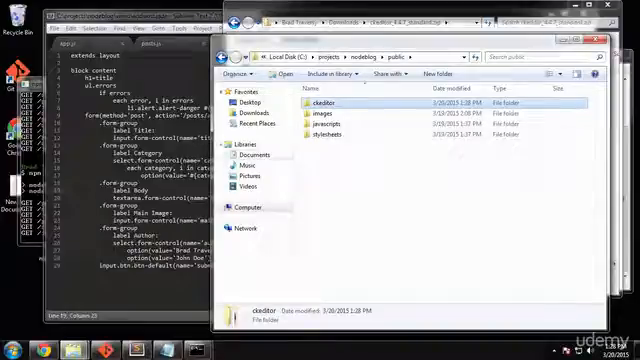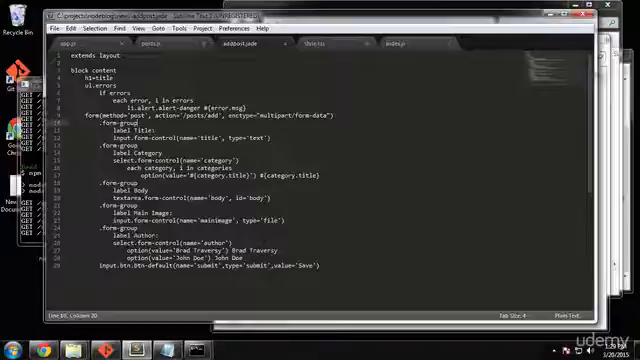Okay, so now we want to go back to the addpost.jade and go to the bottom here and say script src equals /ckeditor/ckeditor.js. Okay, so we're including the JavaScript, and then we want another script tag,